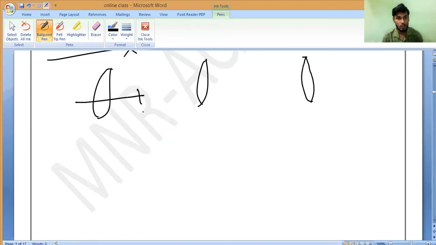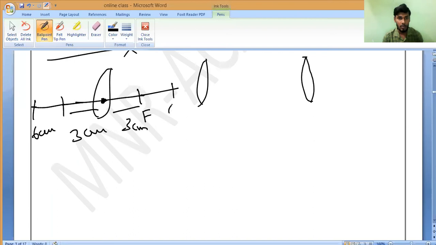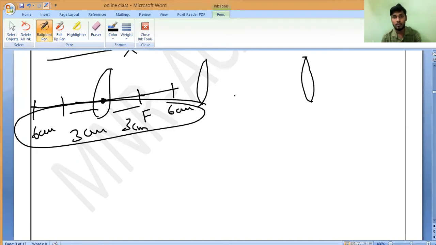Focal length on this side 2 centimeters, or else you take 3 centimeters. Your choice, you fix it. 3 centimeter is always fixed. This side also 3 centimeter fixed. Midpoint you can keep from the scale. Midpoint to 3 centimeter. Next 6 centimeter point. This distance I am always fixing. This is not for the given case. For every image case, you fix this distance. I am saying you, do it fast now, all of you.